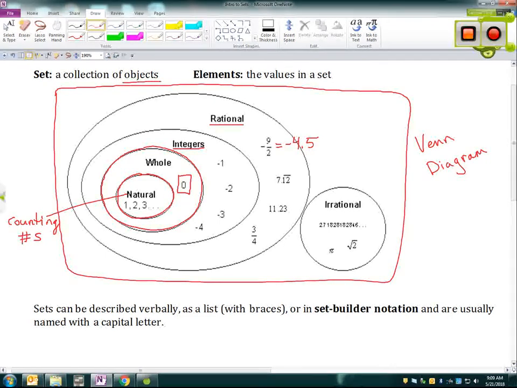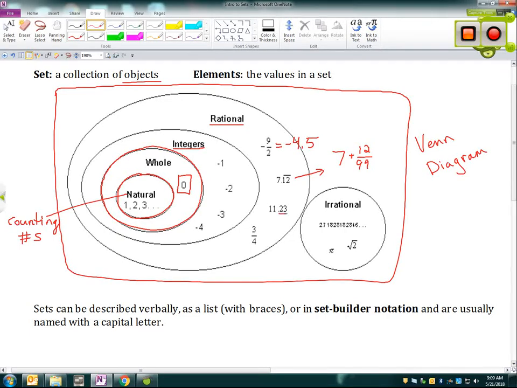And if we look at these other examples here, 7.12 repeating, anytime we have a repeating decimal, that is something that we can write as a fraction. I'll just go ahead and show you how we would do this. We would write it as 7 and 12/99, and then we could reduce that and combine it and write it as a single integer in the numerator and denominator if we want: whatever 99 times 7 is, and then add that to 12, okay? So we could write it then as a fraction of integers. So any repeating decimal can be written as a fraction of integers, so it's rational.